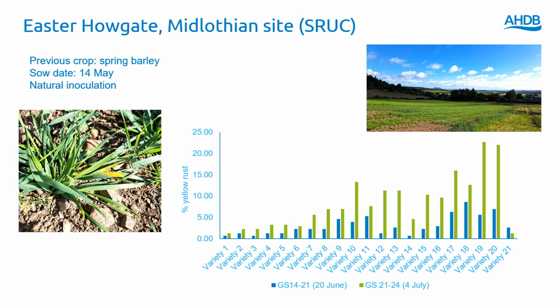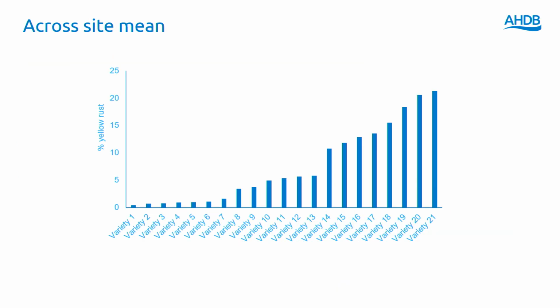So this was also naturally inoculated. It followed spring barley, and it was sown on the 14th of May. And here we've got 2 assessments, one on the 20th of June, one on the 4th of July. And again, we're getting a good range of disease, close to